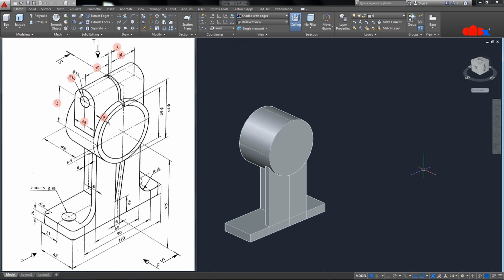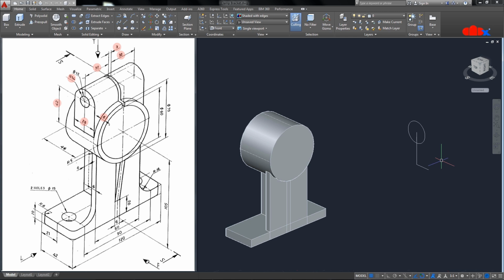Now this sketch I will start from this circle center. I'll go with line. I'll start here, and this side I will take 6, and then half of 28, 14, and then top I will go with 42. Here I will draw one circle of radius 14, R enter, 1, 4, enter, then one line from this quadrant down here,